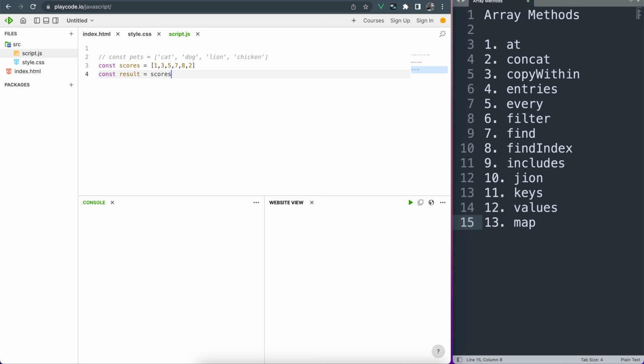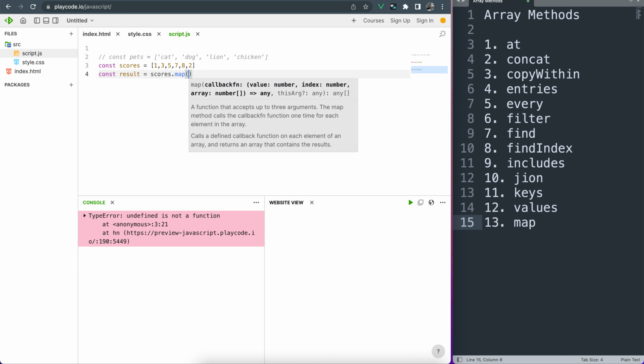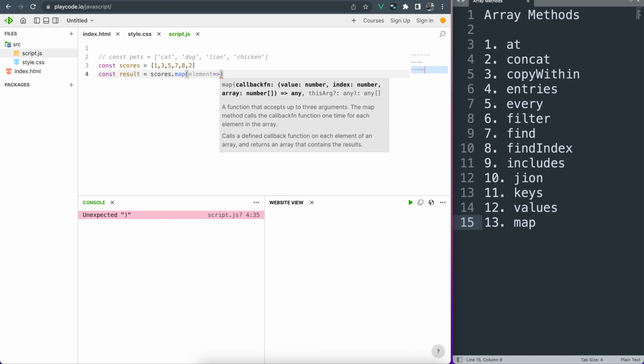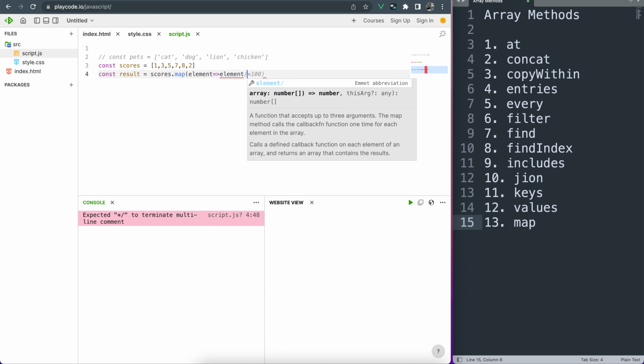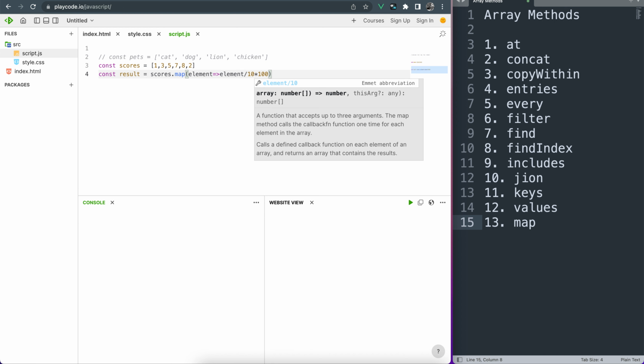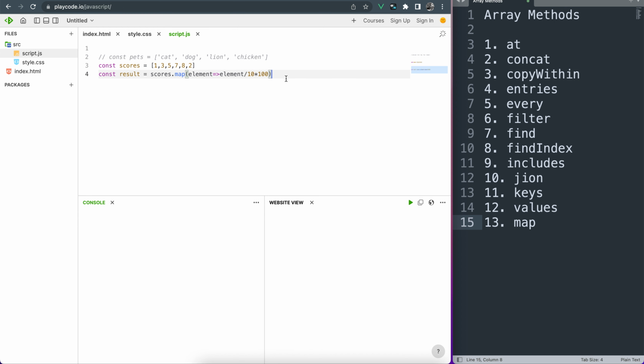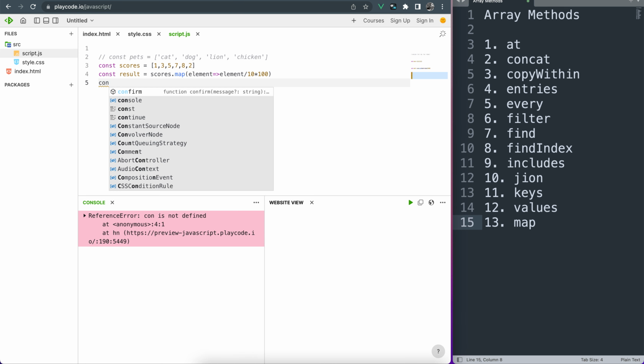So I want to map and find them as percentages. I map through that, pick an item, for example the element itself, and then multiply that element by, let's say, the total is out of 10, so I say 10 then times 100 to change it into a percentage, and then return that. So if I console log my result,